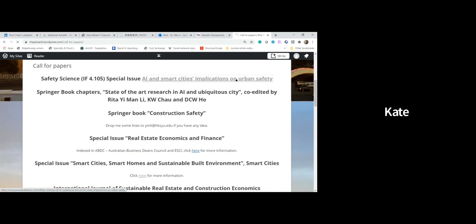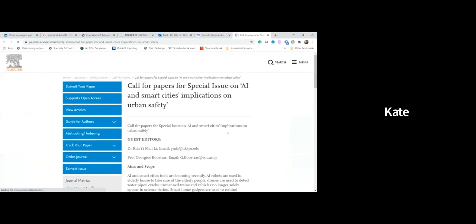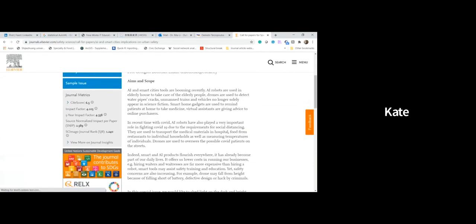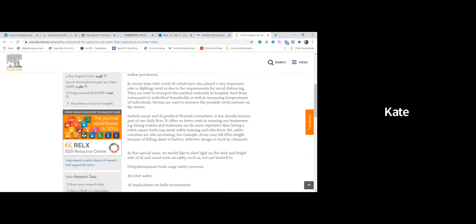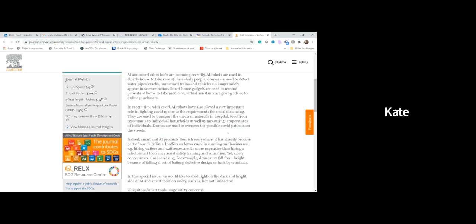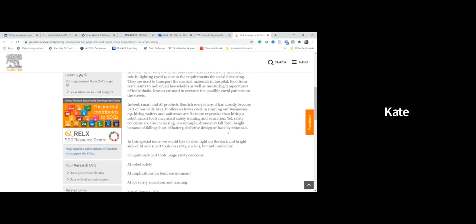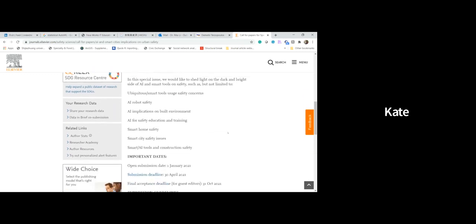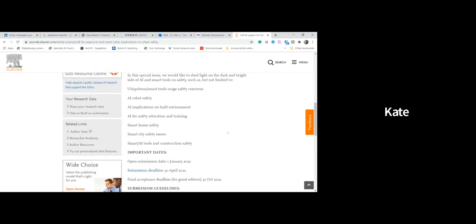And then we have some of the aims and scope, which is later here. It's about AI. There are a lot of things that are just coming onto the scene, for example AI robots and some other AI products. But the question is that we are not sure about the safety issues. So we try to talk about the bright side and dark side of AI and smart tools on safety,